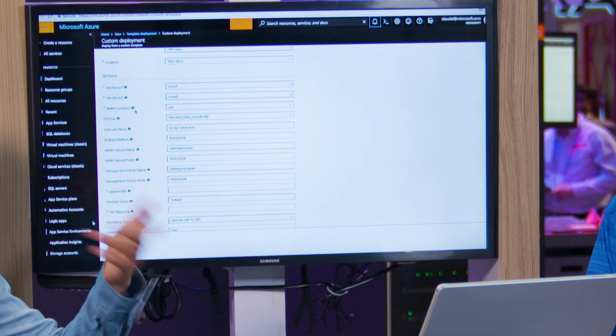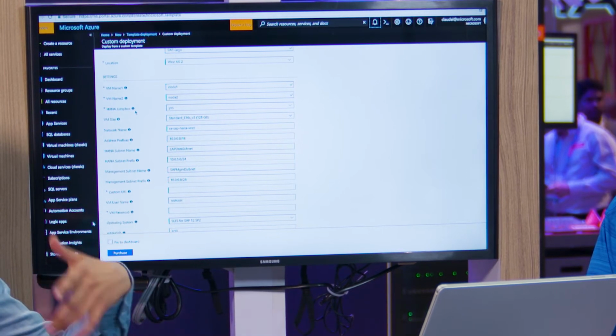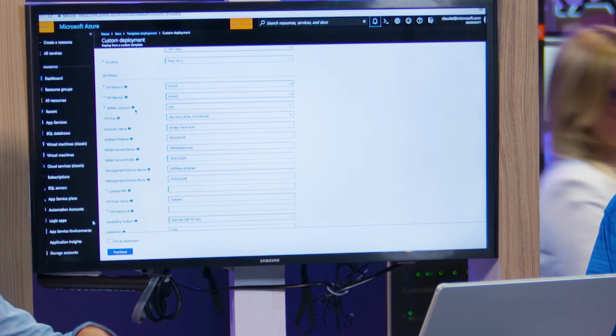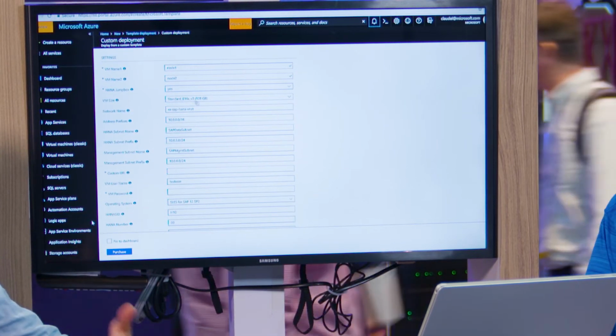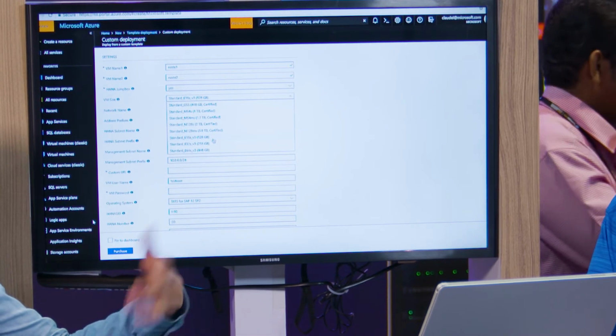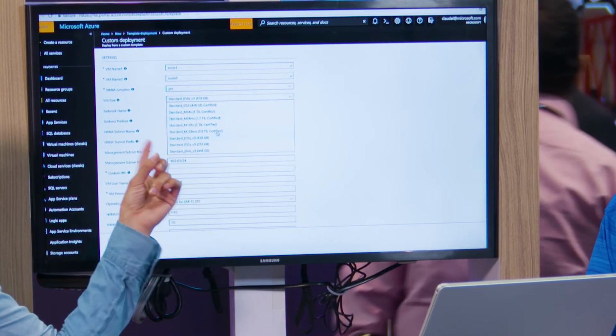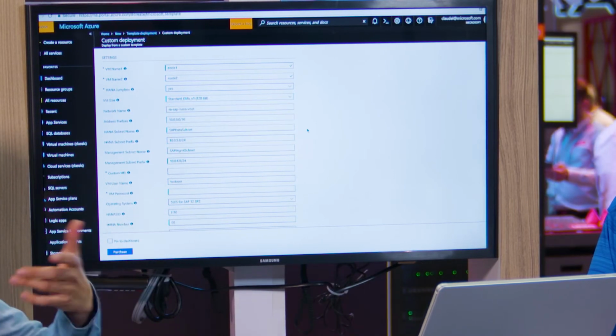We have to set up a HANA jump box with Windows Server installed. There you'll have HANA Studio, PuTTY, and you'll be able to connect to your whole environment. After that, you can go ahead and choose your virtual machine size. We have M-Series, which are now certified to run SAP on Azure. And in this video, I just chose E16 because it's a lot less cores and I don't have a lot